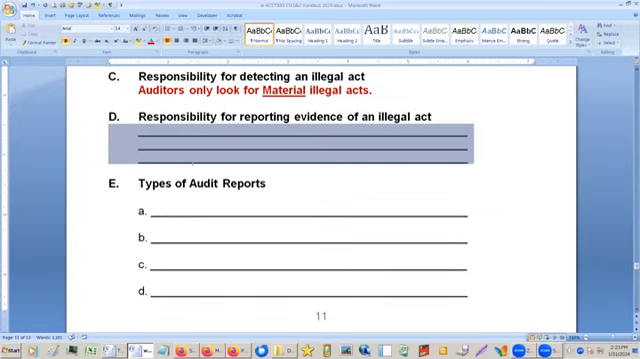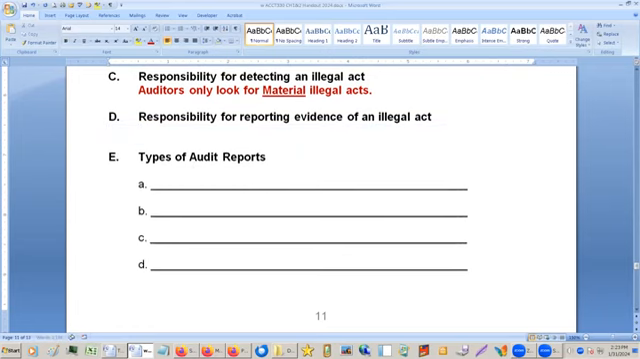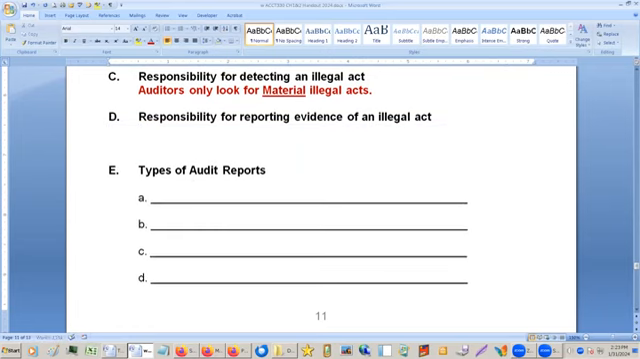Responsibility for reporting the illegal act. So if the question comes about, what happens if you find an illegal act? What do you do with it? When illegal acts go over the auditors, it should be reported